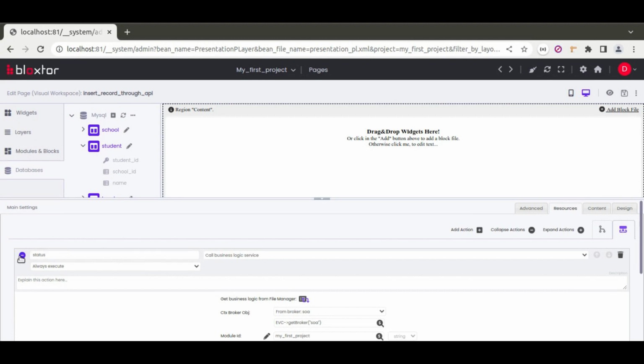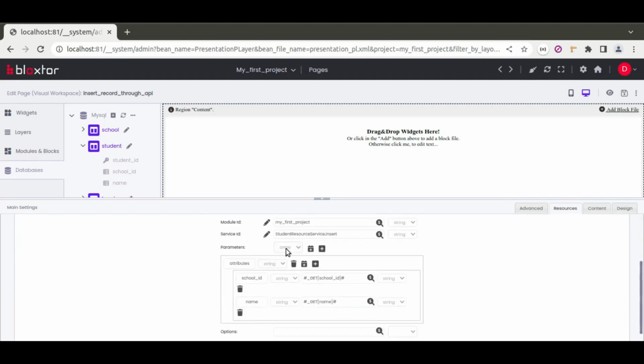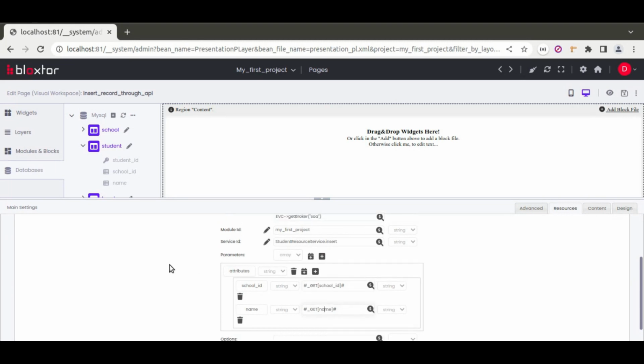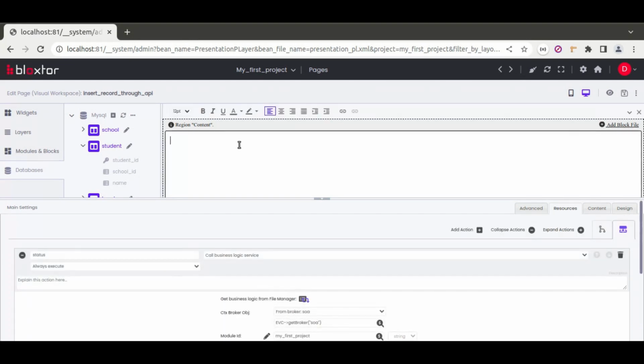And now we have already our resource created, which is called status, which is basically calling a business logic service, which is this one, and we are passing these two values that are coming from the URL. So now what we want to do next is to go to this region, and we want to print this specific resource,